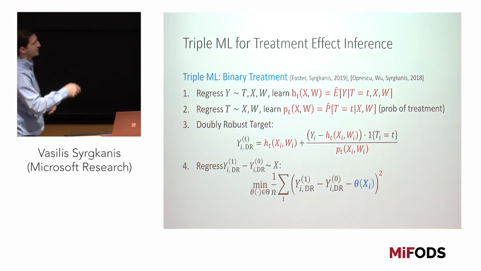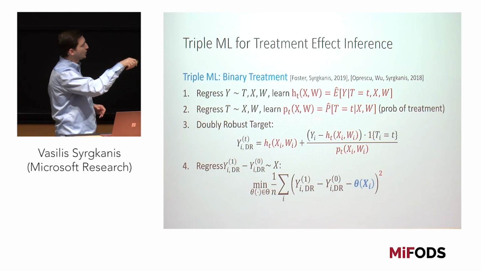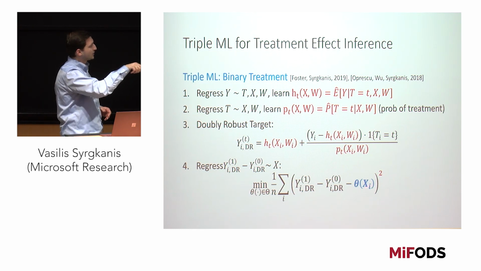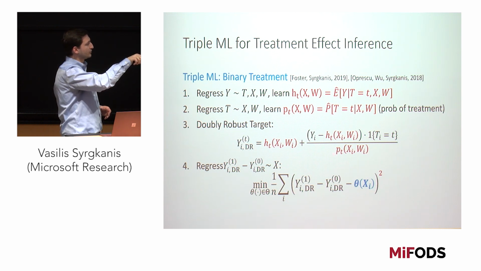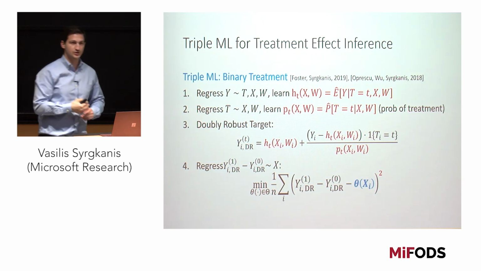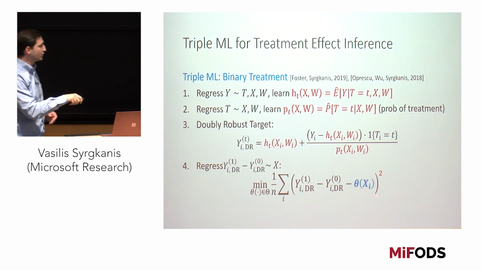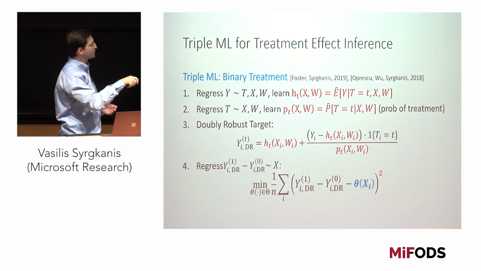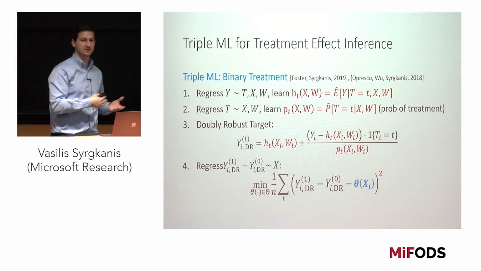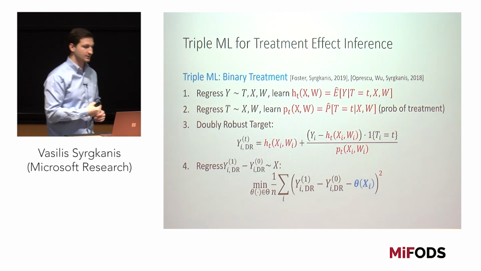And then in these papers, we could show that again, the mean squared error of your model theta over here gets a second order hit on the mean squared errors of the estimates of p and h that you did in these first stages. So you again have this robustness of the final causal model to estimation errors of these nuisance models that you need to estimate, but you don't really care about.